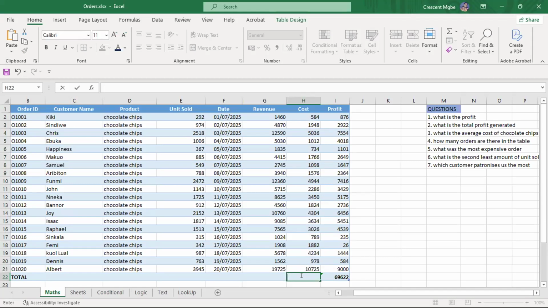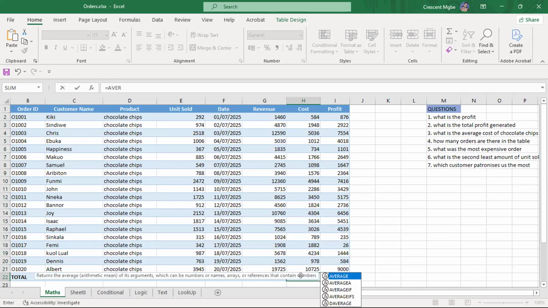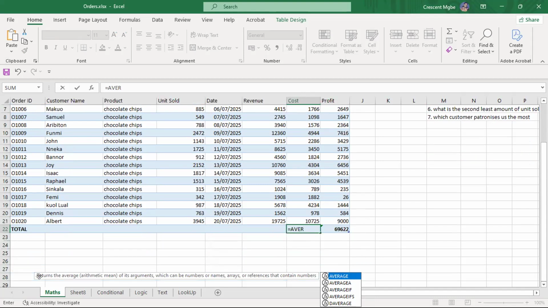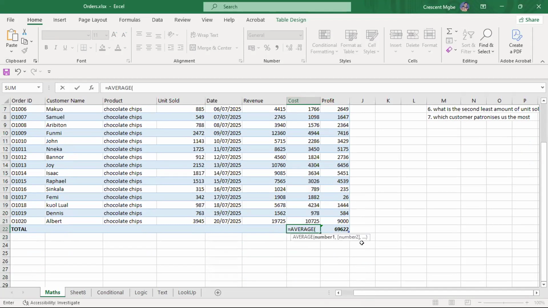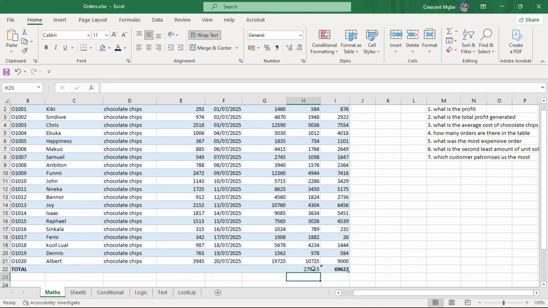Instead, we can just use a function, right? We'll do equals to AV. There's a function called average. Once you type it, remember Excel is going to tell you what it does. It returns the arithmetic mean. Average and mean is the same thing. So you select this one, then you select everything one by one. But now we know about range, so we use range to select everything. Then we'll hit enter. So this is the average